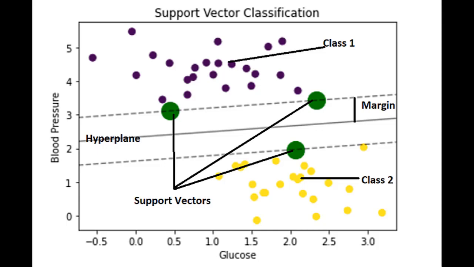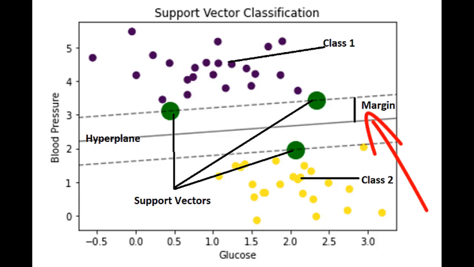The third concept used here is margin. Thus, support vector machine algorithm tries to create a decision boundary between classes of data in such a way that the separation between the given classes is as far as possible. This distance from the decision surface to the closest data point is called the margin of the classifier. Image on your screen shows margin.